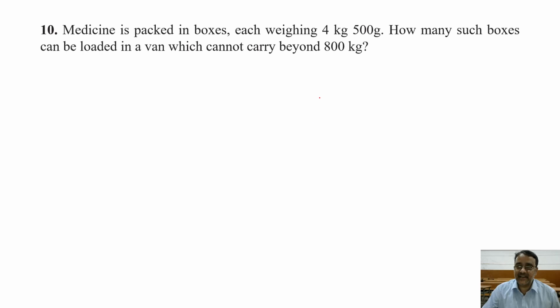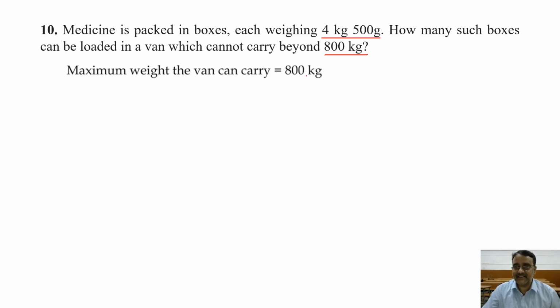So the capacity is 800 kg, and the box we have, the weight of one box is this much. So we will convert everything in gram, and we know that 1 kilogram is equal to 1000 gram. So 800 kilogram will be 800 into 1000. So after 800, what will we do, we will add 3 zeros like this. So this becomes 8 lakhs. And weight of one box is given 4 kg 500 gram. 4 kg means 4000. So 4500 gram. So now we have to divide.